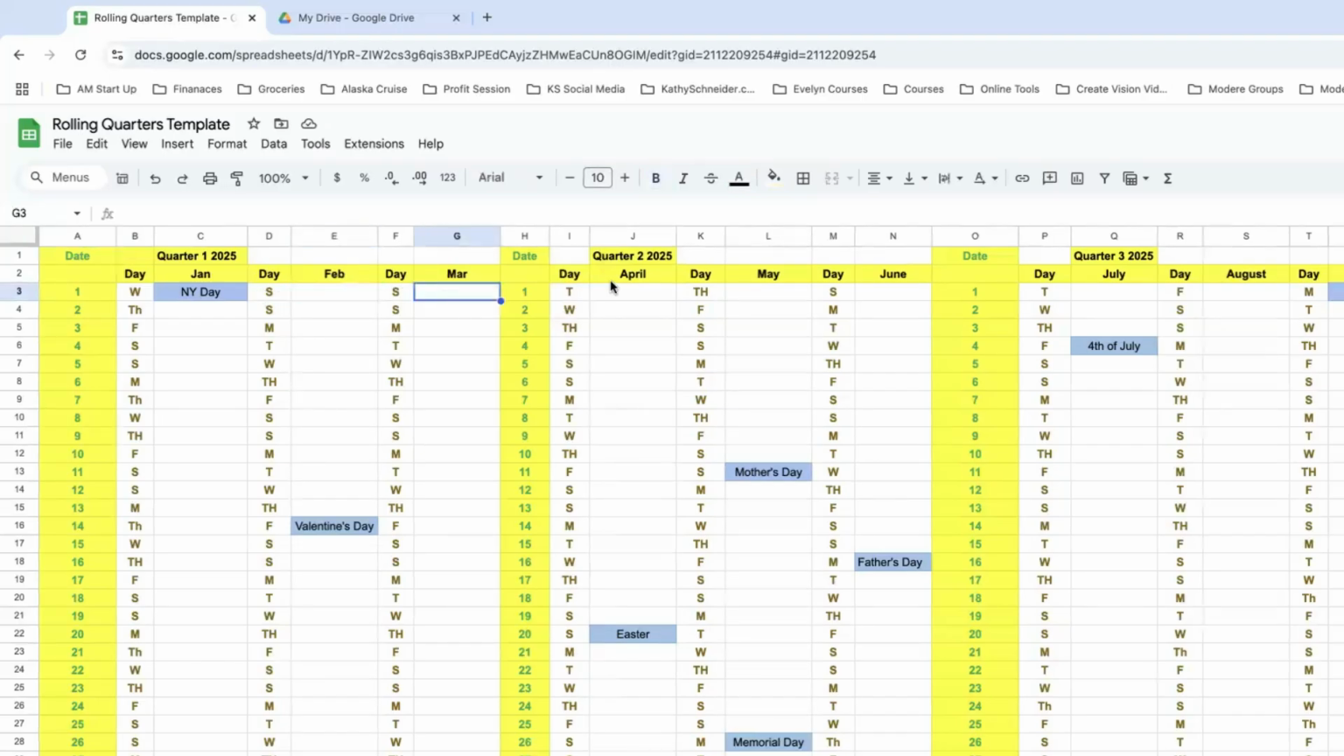March is a Saturday, but then you see April is a Tuesday. So I'm not going to go through all this. That kind of is common sense, but I want you to understand the columns and what you're doing. So basically what you're doing is you're setting up your quarter one, which is this,